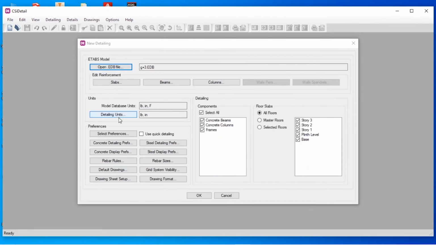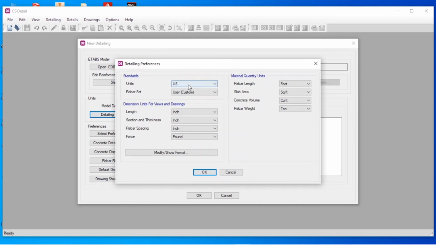And I'm going to change the detailing units. I'm going to change it all to US, because the units I require in feet, inches, and force in kilonewton. And the rebar length is in feet, slab area square feet, concrete volume is cubic feet, and the rebar weight is in tons.